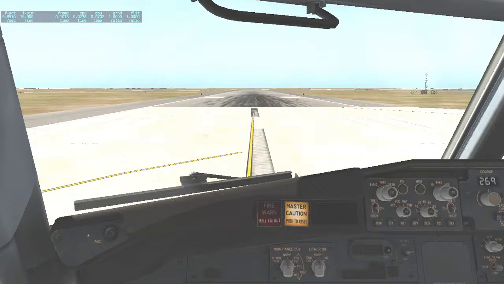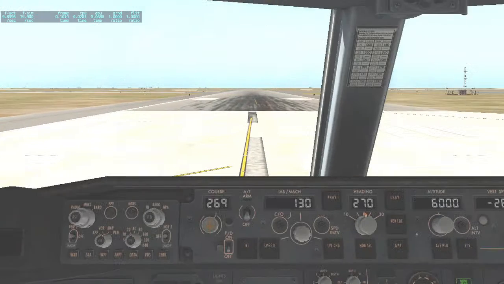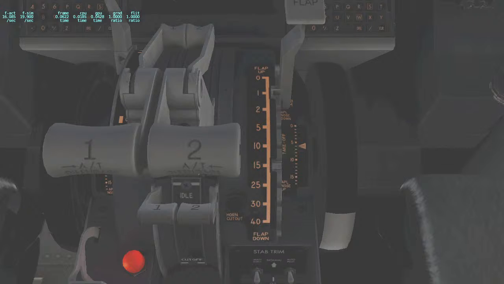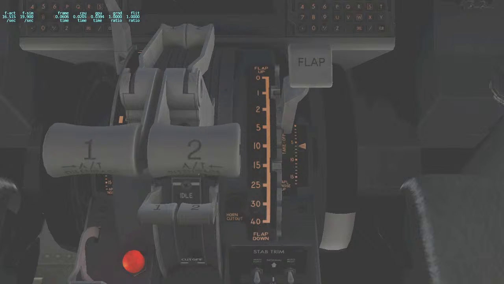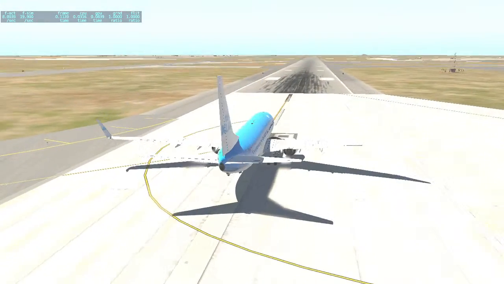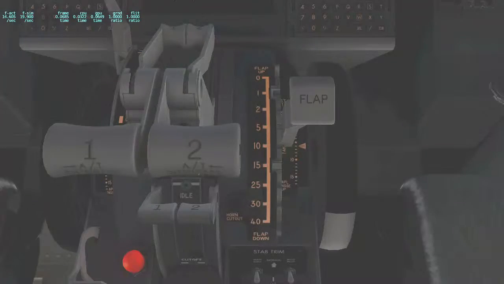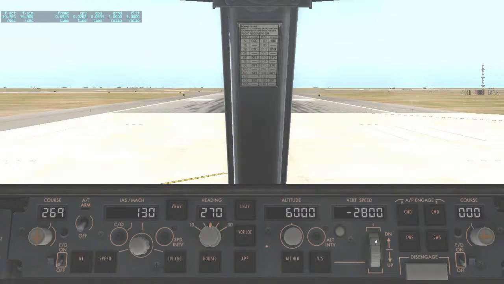आज हम X-Plane 11 में Boeing 737-800 मॉडल उड़ा रहे हैं और हम कोशिश करेंगे कि क्रैश ना करें। सो फर्स्ट थिंग्स फर्स्ट, पहले हम फ्लैप्स टेक ऑफ कॉन्फ़िगरेशन में सेट करते हैं। जनरली 5 पे मैं करता हूँ। अगर आपको देखना है तो ये फ्लैप्स सेट हो गए हैं। अब सबसे पहले इन सबको ज़ीरो कर देंगे ताकि जब हम ऑटो पायलट ऑन करें तो इन सेटिंग्स की वजह से प्लेन ऊपर नीचे ना हो, क्योंकि वर्टिकल स्पीड है।